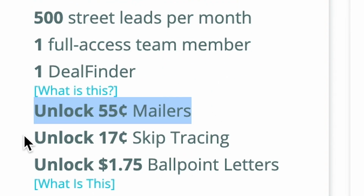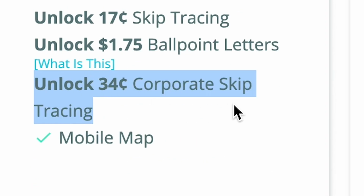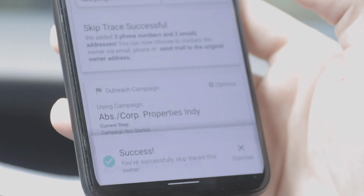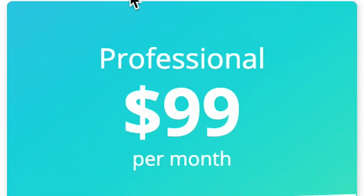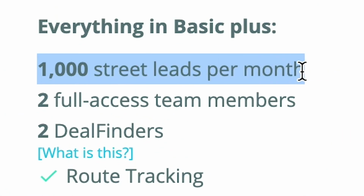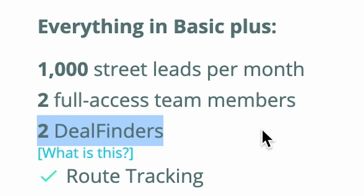Unlocking 55-cent mailers, 17-cent skip tracing, and $1.75 on Ballpoint Letters. Unlock also 34-cent corporate skip tracing. You also get the mobile map. So for professional plan, you get 1,000 street leads per month, 2 full access team members, 2 DealFinders,